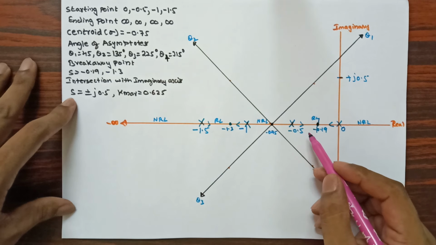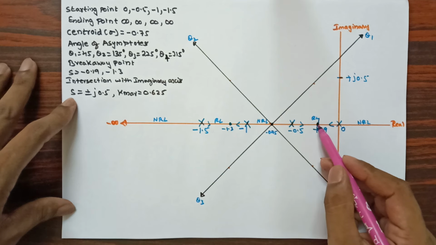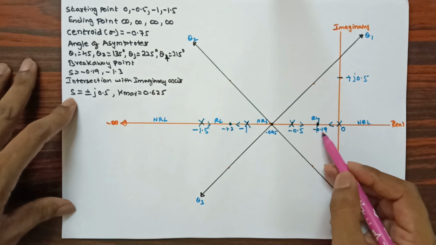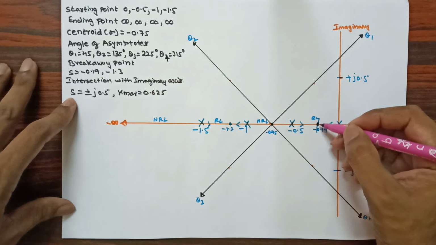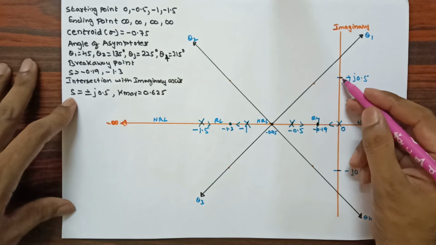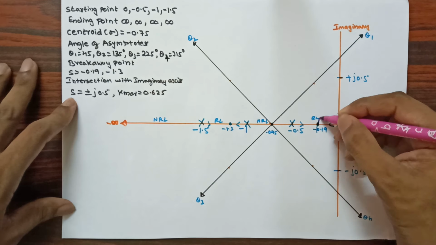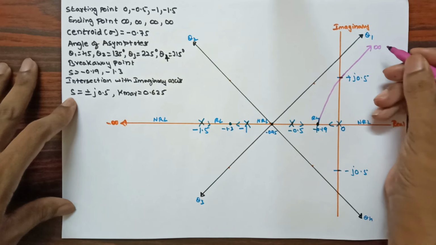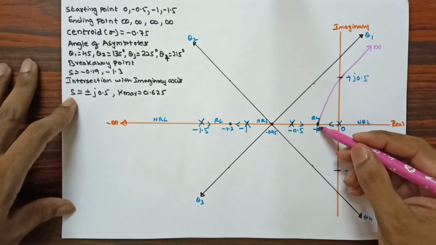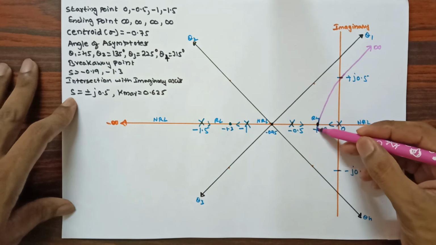Now when I apply the input k equal to 0 to infinity, this pole moves in this direction and this pole moves in this direction. They are going to meet at one point, that is the breakaway point. That value we have calculated as minus 0.19. After meeting at this point, one pole comes in the upward direction and the other pole comes in the downward direction. This pole, by observing this angle and the intersection point, is going to approach infinity in this way. And the downward pole, observing this angle and this intersection point, is going to approach infinity in this way.